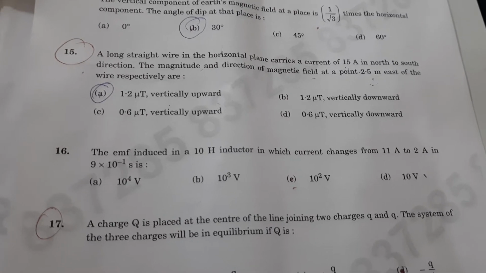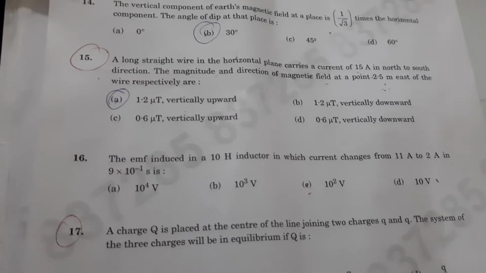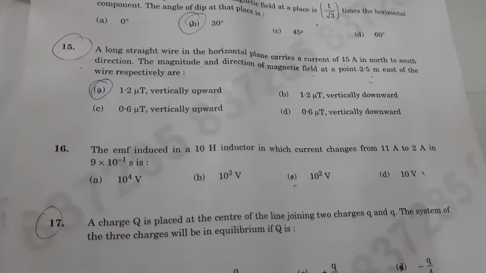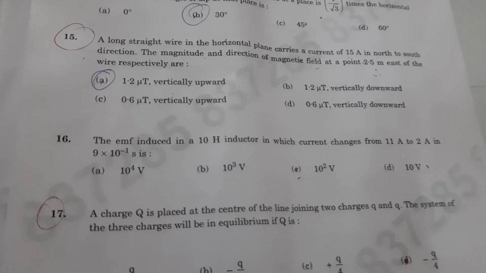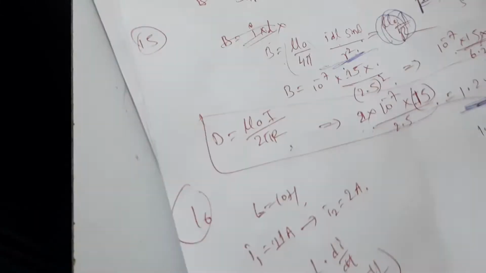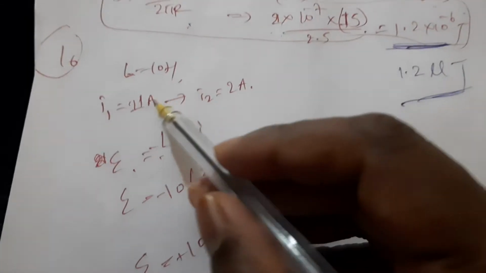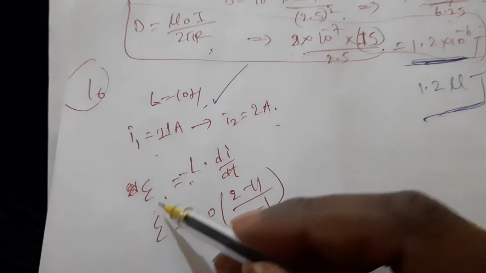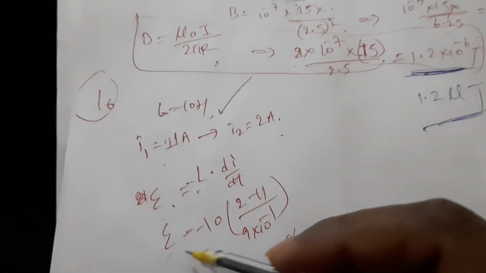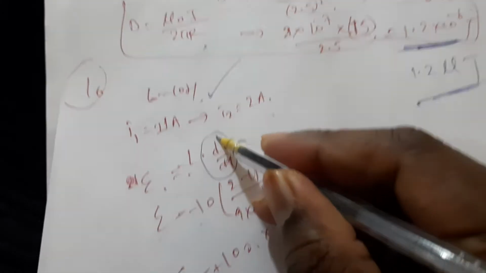Okay, simple logic here. EMF induced in the sense L, and current changes in the sense change in the current, given in unit time, so I need to find EMF equal to L into di by dt. That is the basic formula I know, in terms of current, from Faraday's law. The current changes from I1 to I2, inductance 10 H. So I have the formula equal to minus L into di by dt. So minus 10 di by dt means what? Change in the current with respect to time, right?